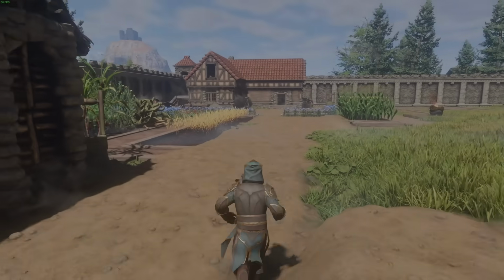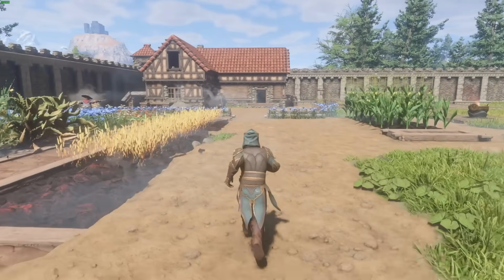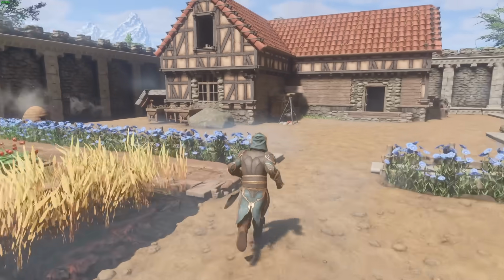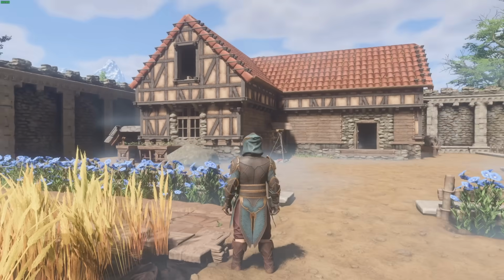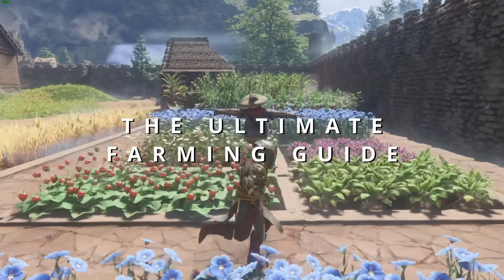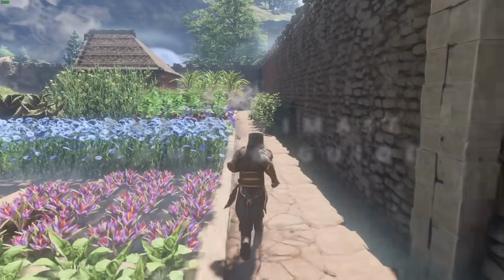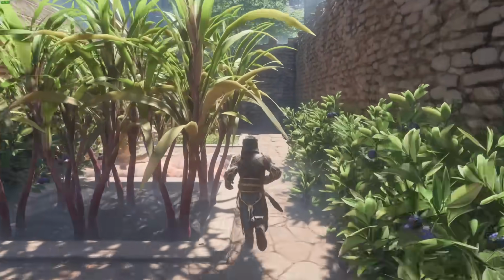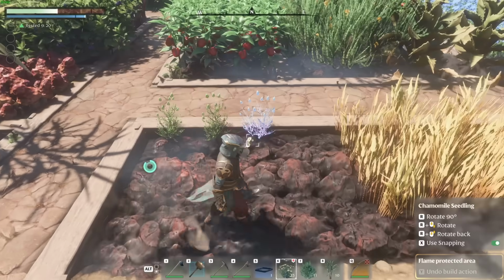I've fallen in love with Enshrouded's build system, but one feature I think is being underutilized at the moment is the farming system, which has the potential to be incredibly useful if you use it in your worlds. So today I'm going to cover the ultimate guide to farming, covering everything you need to know, from why to farm, how to get unlimited supplies of enriched farm soil, and how the team could improve on the farming system